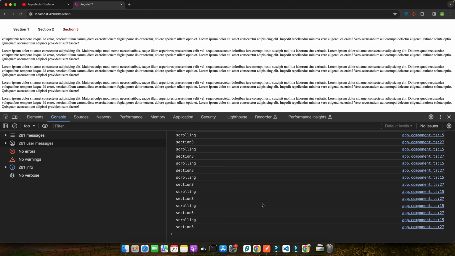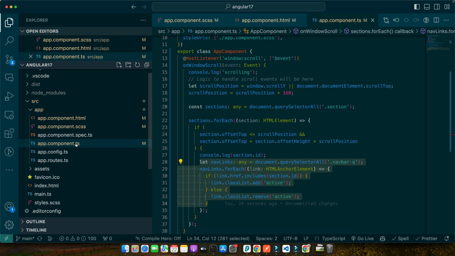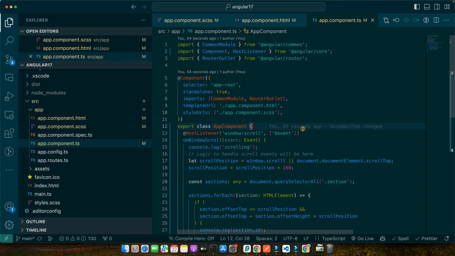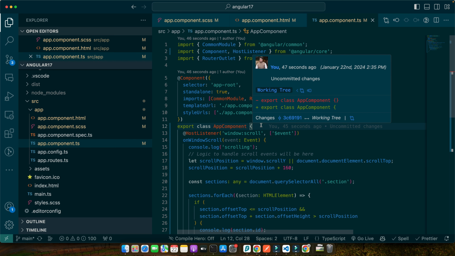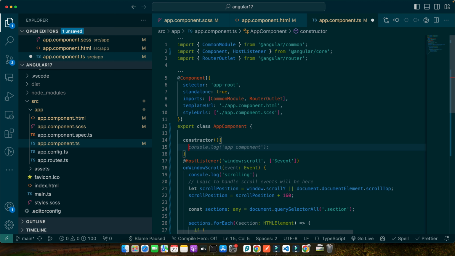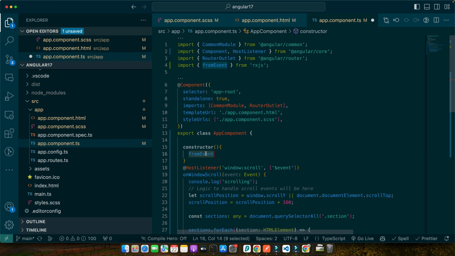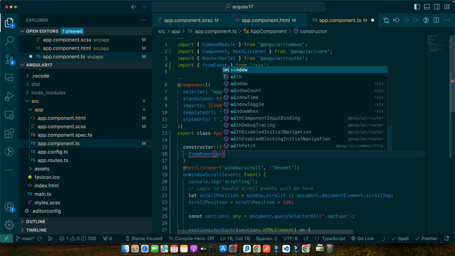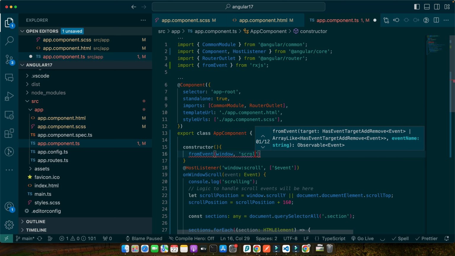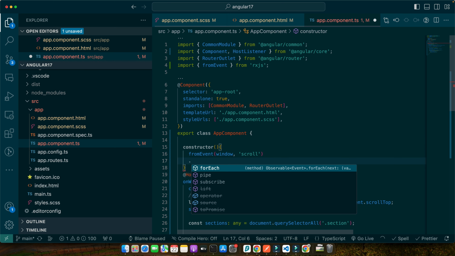So to optimize this, we can use a technique called throttling. Throttling limits the number of times our scroll event handler is called over a certain period. So let's implement that. Go back to your TS file, and here I will create a constructor, and within that I will add fromEvent. Actually, make sure to import fromEvent from RxJS and pass the window and scroll, and then pass the pipe